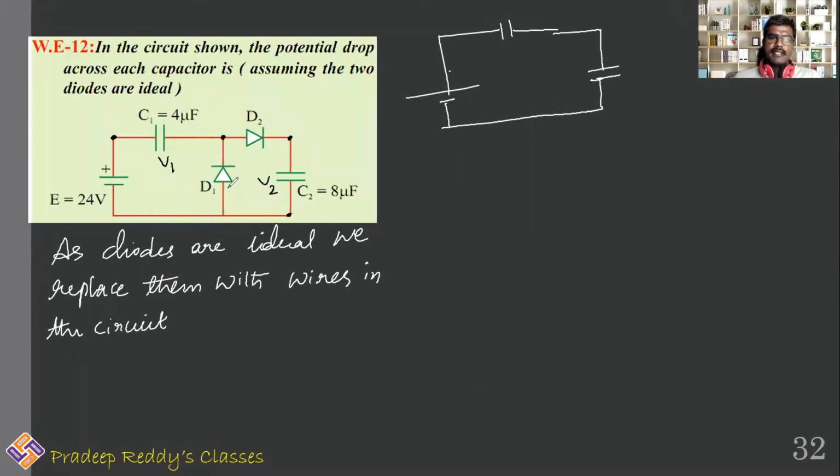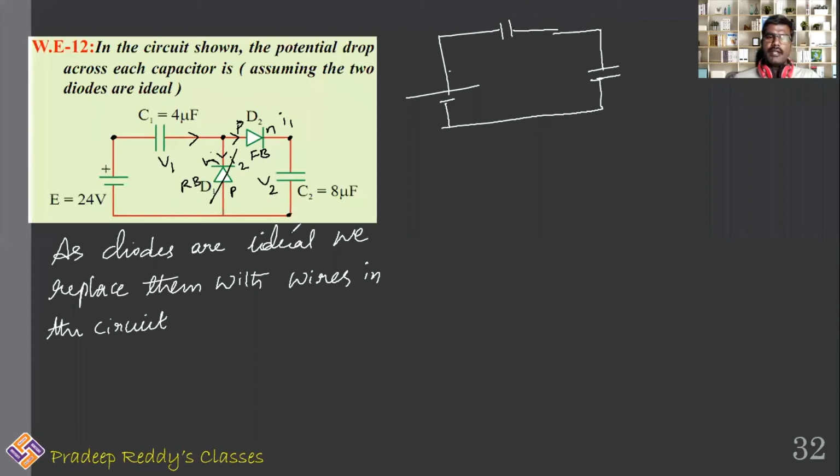Circuit looks like this. See, diode D1, diode D2. D2 is PN. This is in forward bias. The current which comes over here will be divided into two parts, and one part enters into this. I name it as I1. Another part enters into this, I2. This is N type and this is P type. This diode D1 is in reverse bias.